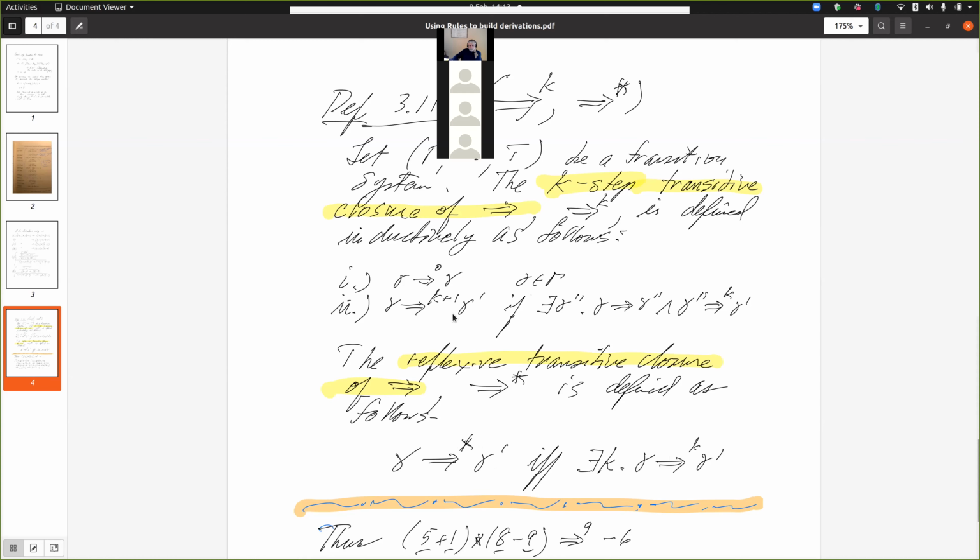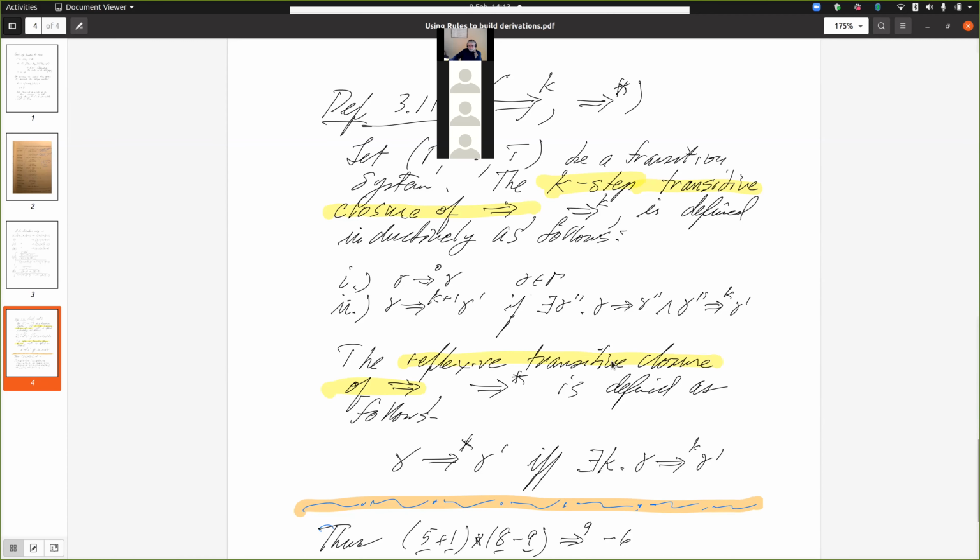And since K is a natural number and 0 is included, this could be gamma itself if K was 0, or it would be something defined in the transition relation arrow directly, or it would be some more than 0 steps is defined here. 1 step is given by this, and K plus 1 steps is